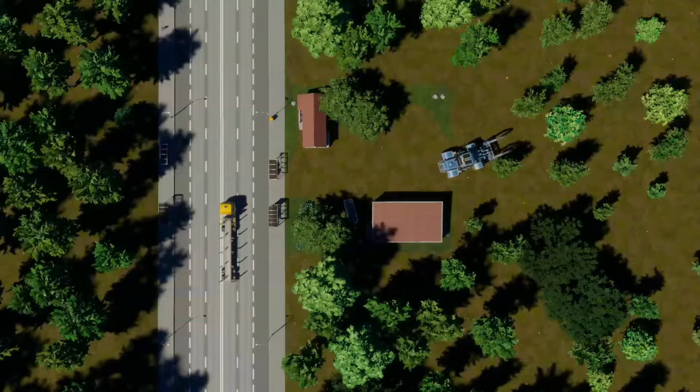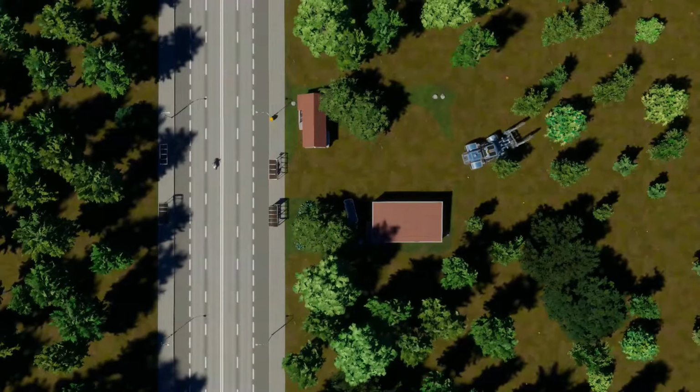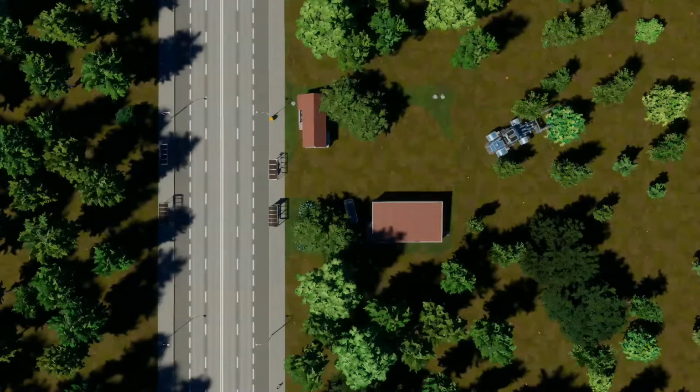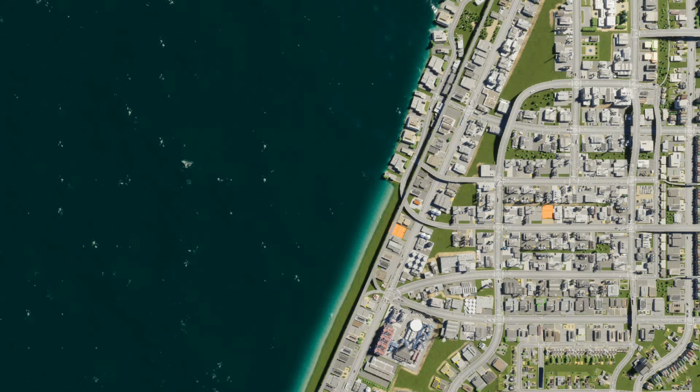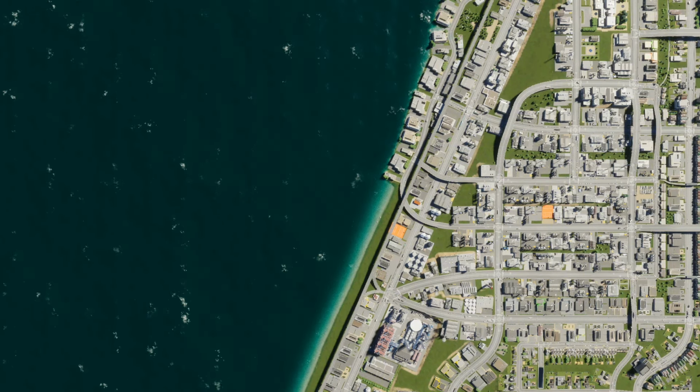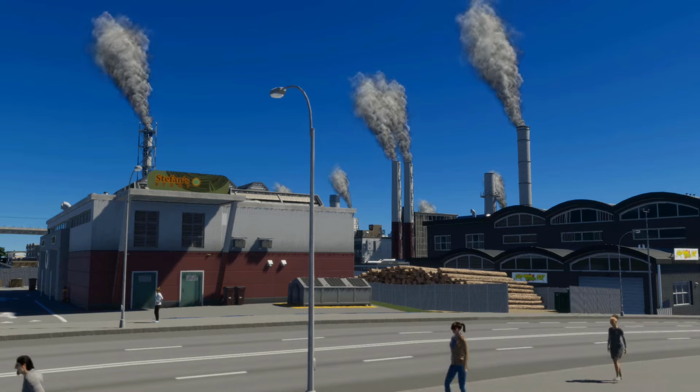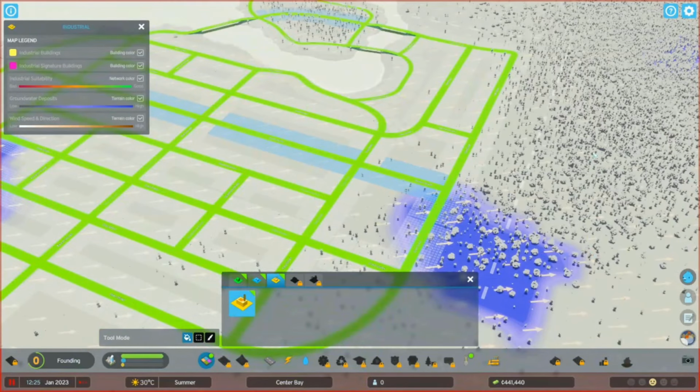In this episode, I'm going to share some tips and strategies on how to build successful industrial areas. Where should you zone them? When should you zone them? And problems about the labor force, etc. Now, let's get started. No matter what kind of city you want to build, the zoning logic for your industrial areas is pretty much the same.